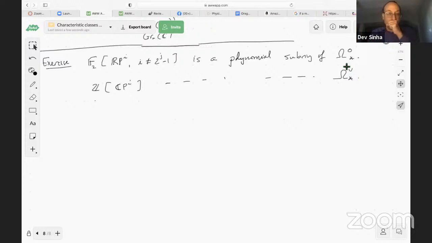We can think of them inside the homology of a Grassmannian, but we can pull back to do these calculations. So let me just give you a quick example. In fact, I'm not even 100% sure. So I'm not allowed RP1, which is good. The circle bounds a disk. I've got RP2 and RP4.